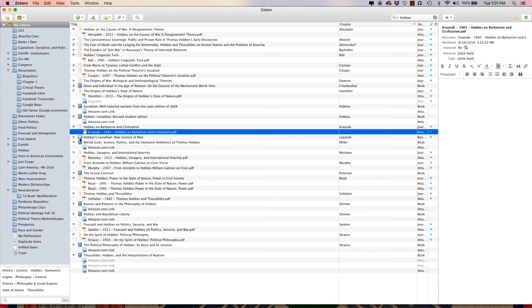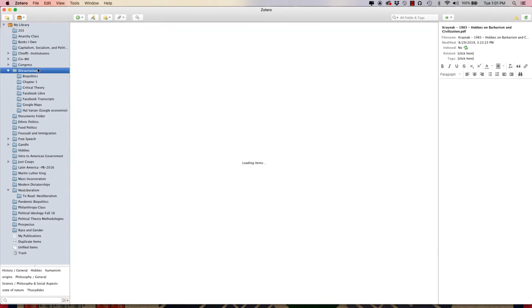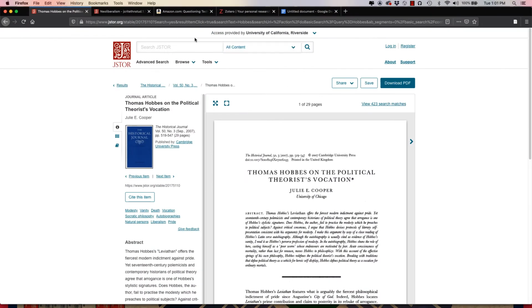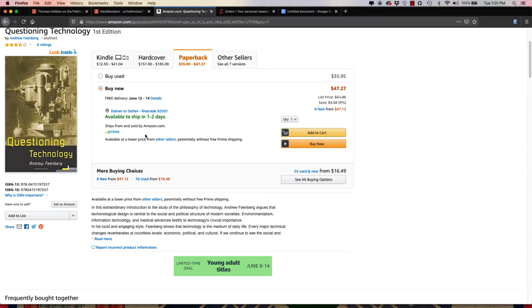Say if you have a physical book, you might want to add it to your Zotero so that you can cite it, even if you don't have the full PDF. So let's add a book to my dissertation folder. The way that I do this is by using essentially all of the metadata that Amazon has provided for me already. So I have this book that I just purchased called Questioning Technology that I want to add to my